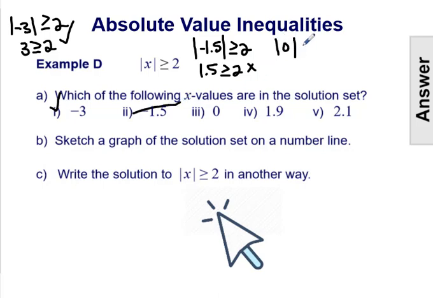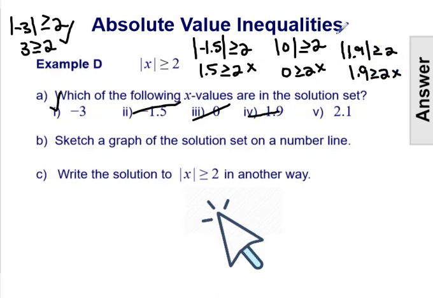We have the absolute value of 0 is greater than or equal to 2. So 0 is greater than or equal to 2 is false. So that is not in the solution set. We have the absolute value of 1.9 is greater than or equal to 2. So 1.9 is greater than or equal to 2 is false. So that is not in the solution set. And we have the absolute value of 2.1 is greater than or equal to 2. So 2.1 is greater than or equal to 2 is true. So 1 and 5 are in the solution set and 2 through 4 are not, just by simply inputting them